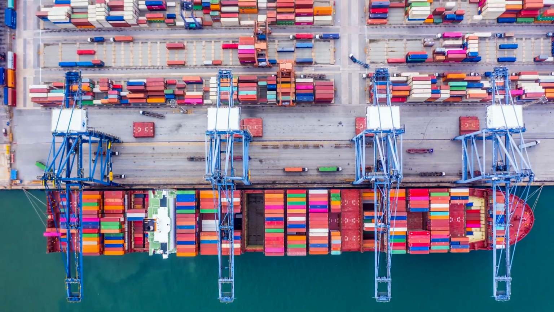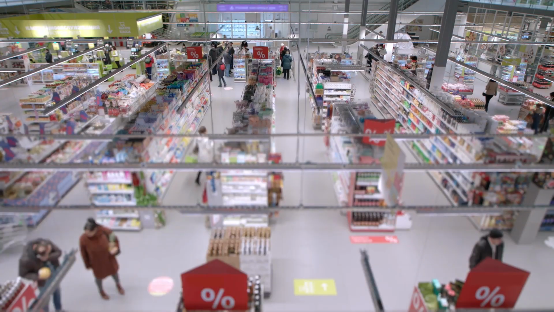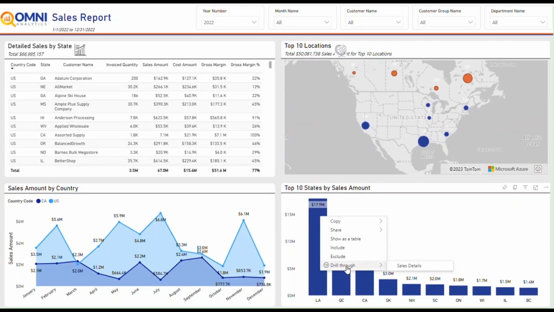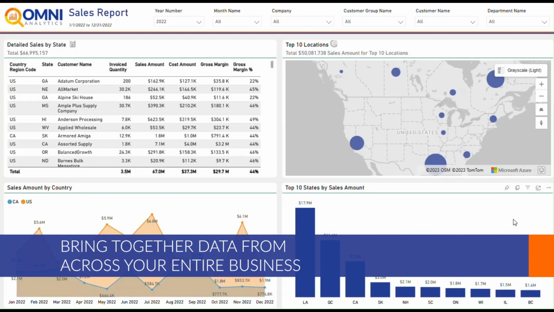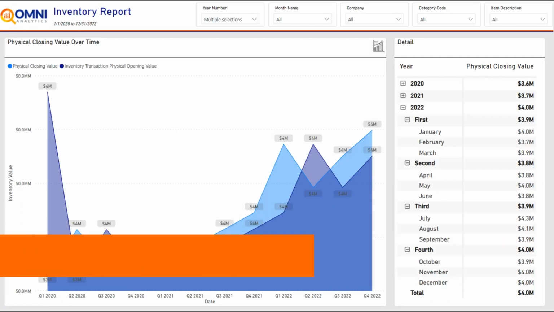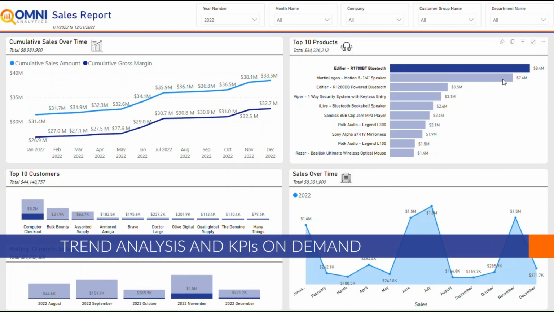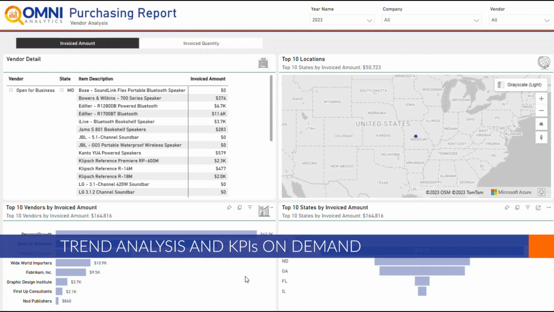Business Central holds a wealth of valuable information about your company. Yet, many users find themselves struggling with limited, out-of-the-box reporting capabilities, especially when it comes to combining data across the functional silos like sales, inventory, and procurement. OmniAnalytics unlocks clear and impactful trend analysis across your business by combining relevant functional groups and providing turnkey dashboards that